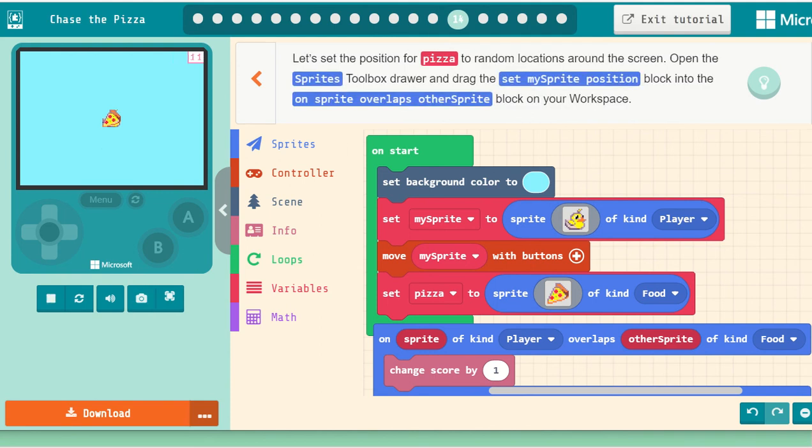Moreover, there is another thing that I want: my pizza should not be stagnant in one particular place, it should be moving across random locations on the screen. This scoring will only happen when my pizza is moving across the screen. So what I have to do now is set the position of the pizza